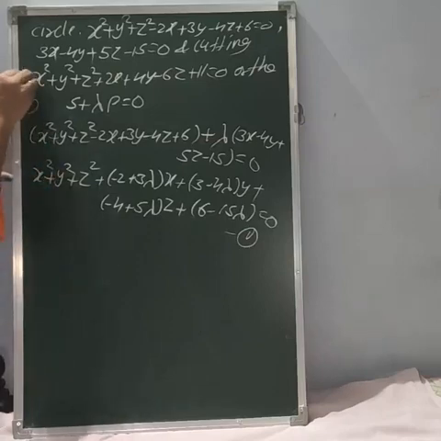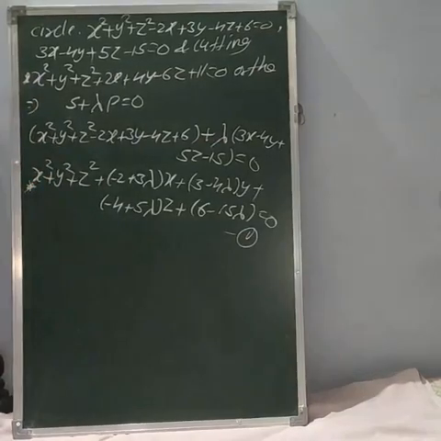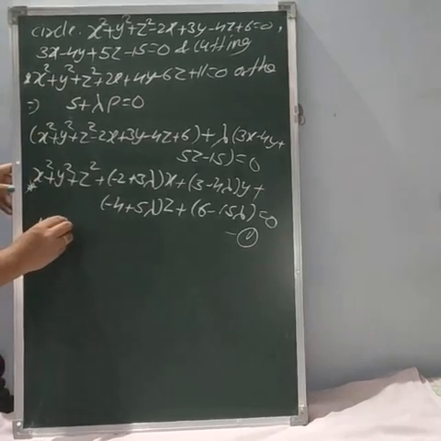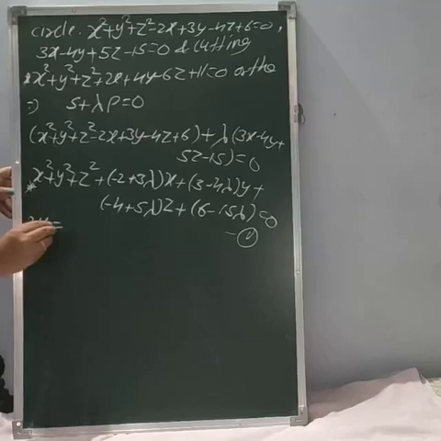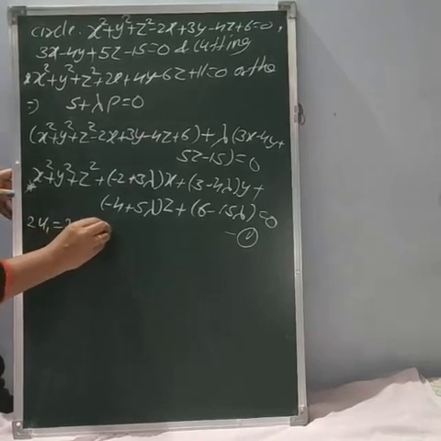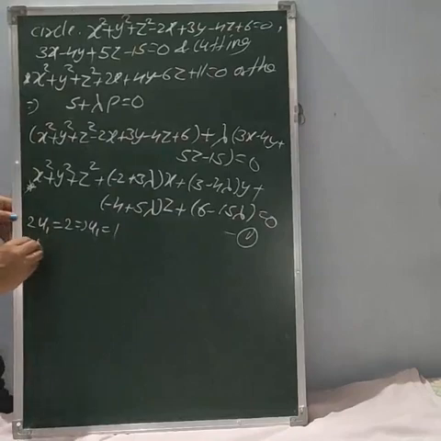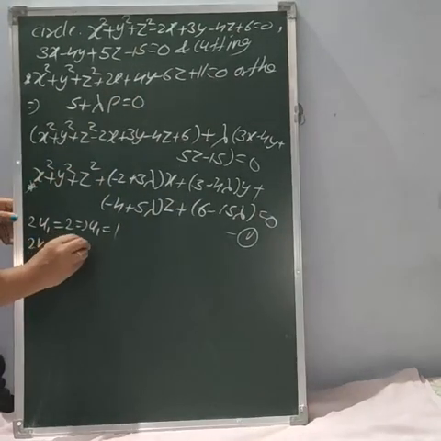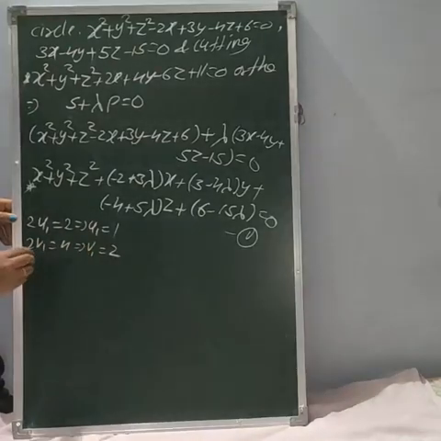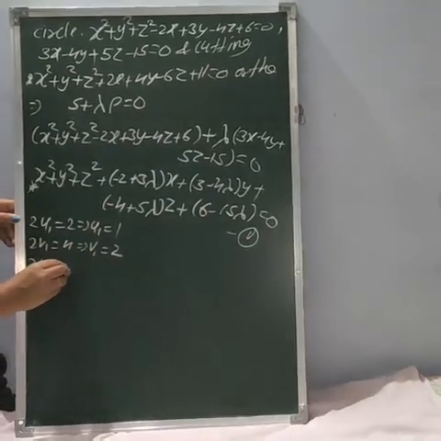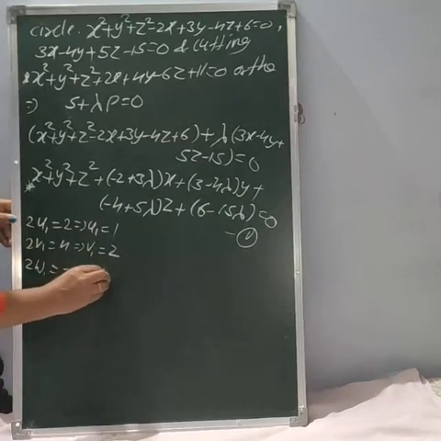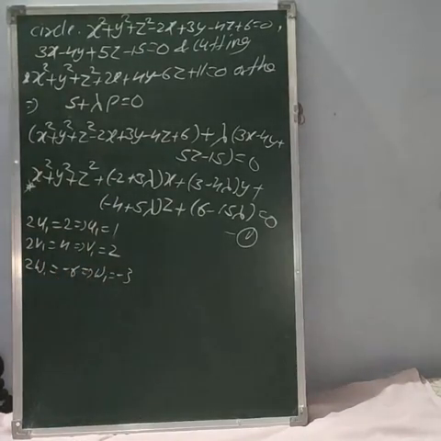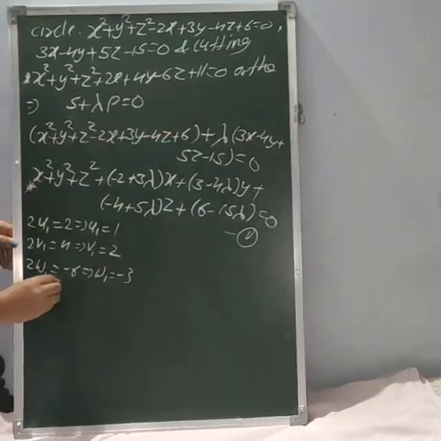Now this sphere and this sphere cut orthogonally. So we will first find the values of u1, v1, w1 using this. 2u1 is equal to the coefficient of x, that is 2, so u1 is equal to 1. Next, 2v1 is equal to the coefficient of y, that is 4, so v1 is equal to 4 by 2, which is 2. Next, 2w1 is equal to minus 6, so w1 is equal to minus 6 by 2, which is minus 3. Next is d1: here the constant term is 11.